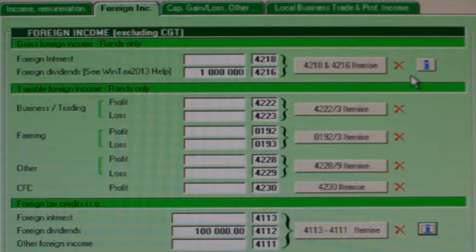Although we enter the full amount of R1 million here as code 4216 foreign dividend income into WinTax 2015, SARS and WinTax 2015 will automatically only take a portion of this R1 million as being taxable. The portion will be 15/40 of the 1 million, which is 375,000. International agreements amongst tax regimes around the world see dividends taxed at around 15% and top rates of personal tax at about 40%. Now, if I drag the auto summary screen over this screen,